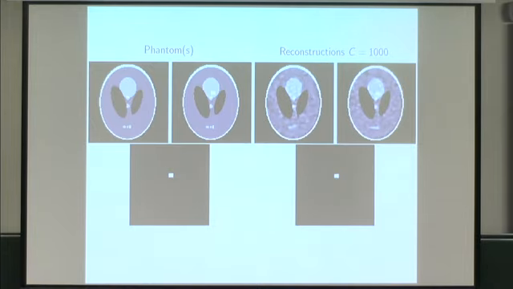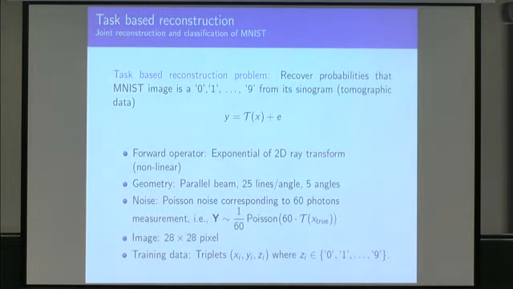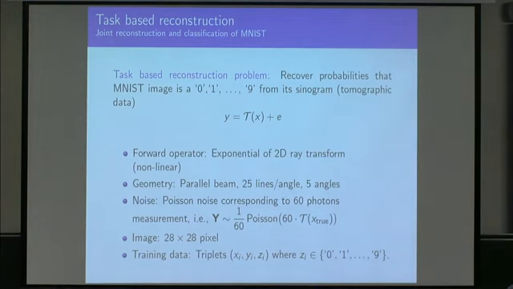Okay? And the final example I'm going to show you is from classification. Now, we took the MNIST images. This is a bit of an odd case, right? You take tomography on these handwritten digits. We are just doing it to show you the idea. Of course, there is no use case for doing tomography on handwritten digits. But it gives you a flavor of how things can work.